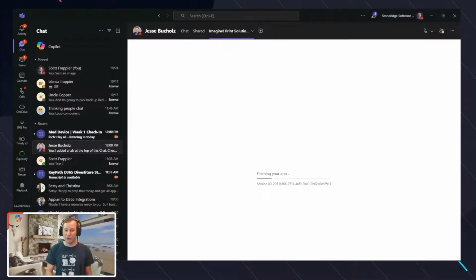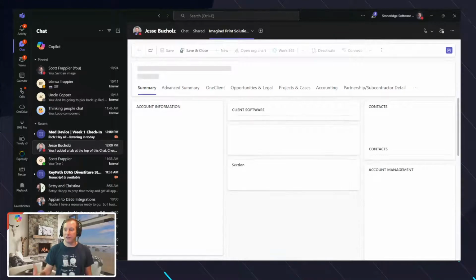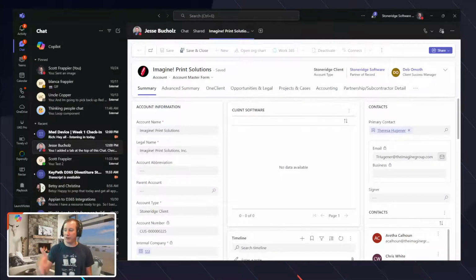So just heads up, the reason I'm mentioning this from a Teams perspective is that if you want your Dynamics data also to be inside of here, to be in a chat or in a channel, you can click on the add a tab action inside of here, and then you're going to be able to interact with that data inside of that environment. And we can see here, here's an account record that pops up as an example with all the details of this account record. It's natively inside of Teams, which is a pretty cool capability.